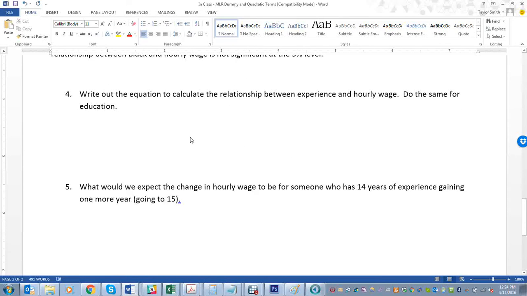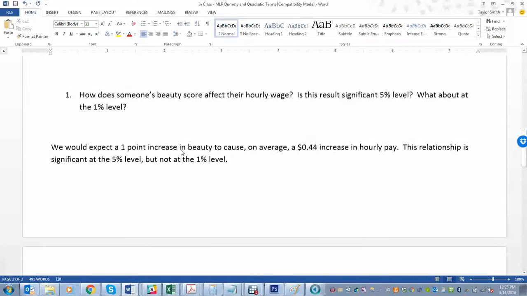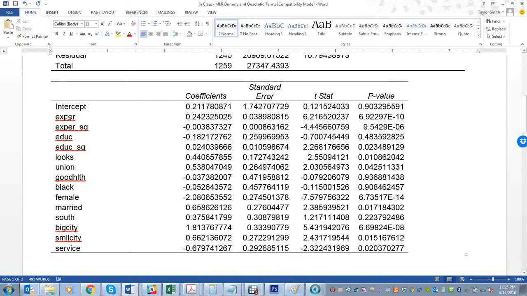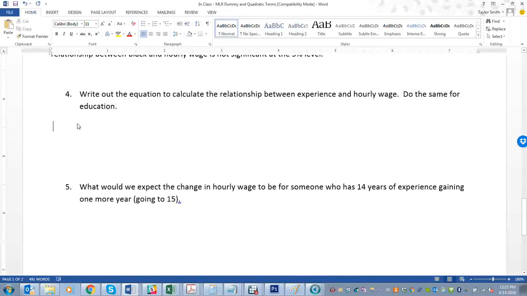Here we go. So number 4, write out an equation to calculate the relationship between experience and hourly wage. Now, usually, if we weren't dealing with these quadratic terms, the relationship between an x and a y is just a coefficient, not hard at all. But in this case, notice we have an experience and an experience squared. So anytime you have a quadratic term, that experience squared, or education squared, or square footage squared, or bedroom squared, whatever variable you have, and you have the squared term, you have to use that slope formula that we talked